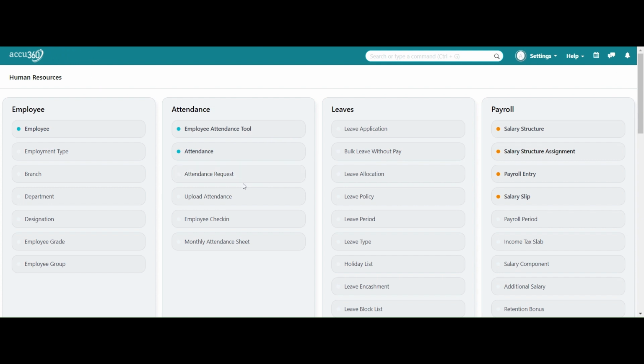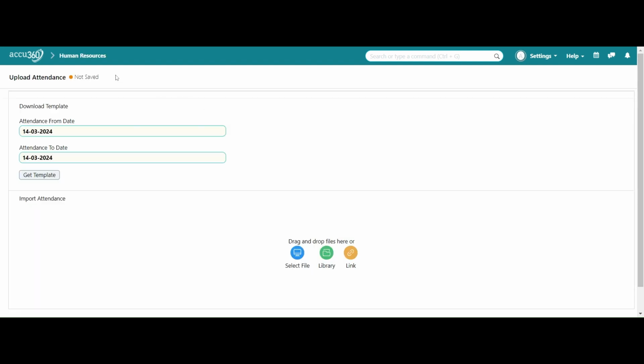then we have this option which is upload attendance and attendance request. Okay, so first we will see what is this upload attendance option. Okay, so this upload attendance option is to generate the attendance offline. Okay, if we click on this get template option, an Excel file or any of the spreadsheet file which you use will get downloaded in your system, and you can mark the attendance and then upload it here. Okay,